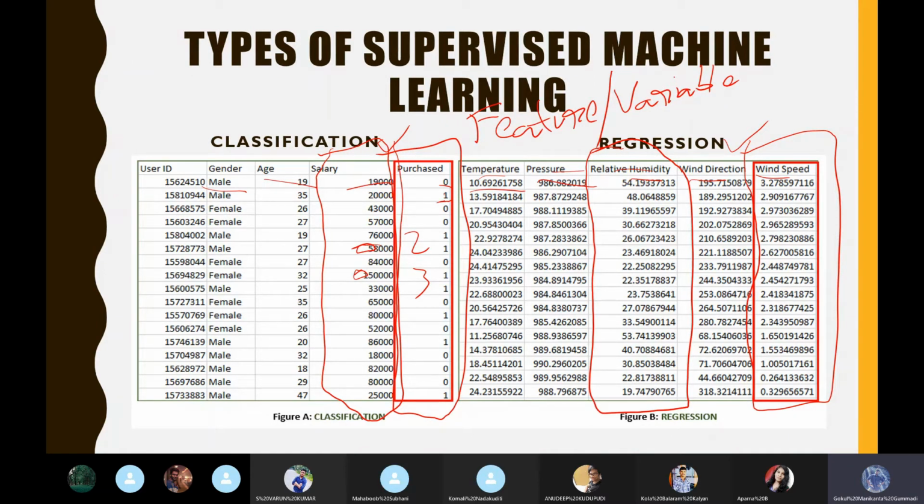So how do we understand which features we need to use and which we cannot use? This can only be known from an expert. Let's say temperature, pressure, relative humidity, and wind direction are used for weather forecasting. Some expert who is good at understanding weather conditions, who is working in a weather forecasting department, can tell you which are the accurate features you need to use.